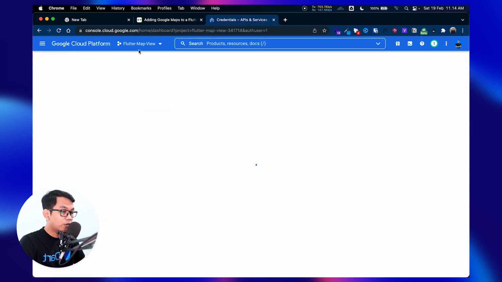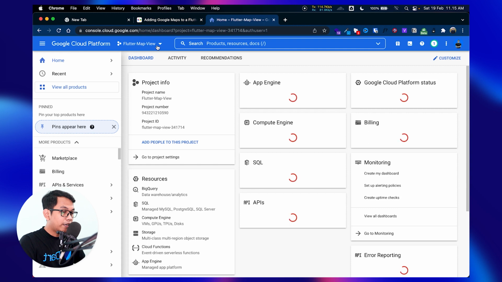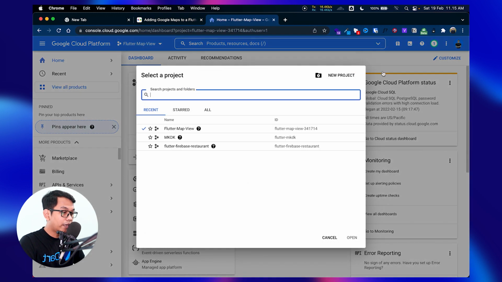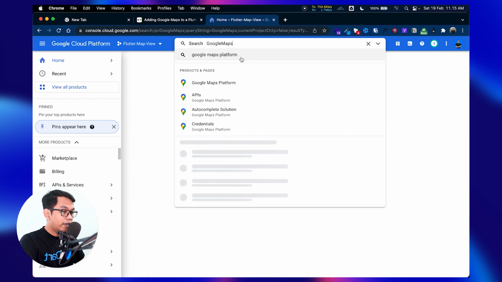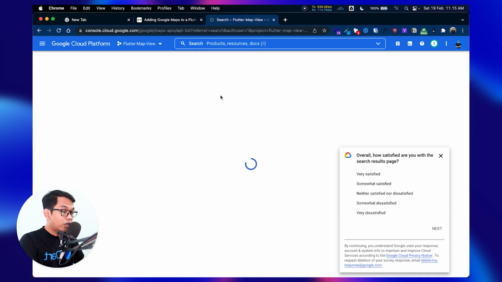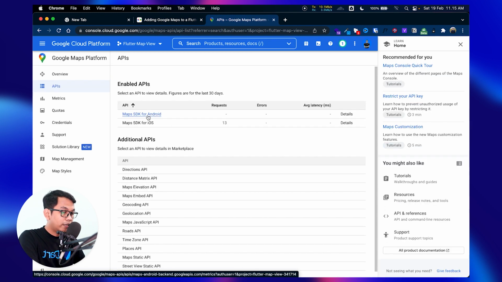So you can go to Google Cloud Platform and create a new project. And then you need to enable Google Maps SDK for Android and Google Maps SDK for iOS. So it looks like this: enable API, Maps SDK for Android and Maps SDK for iOS.